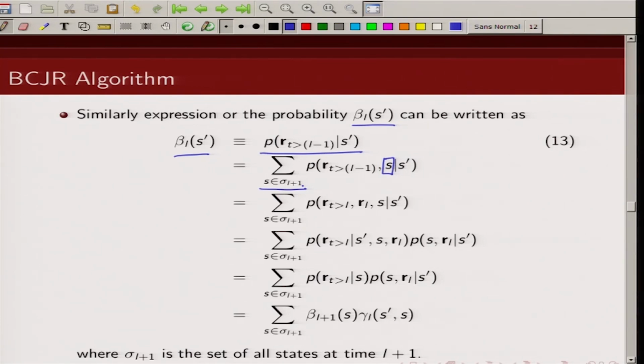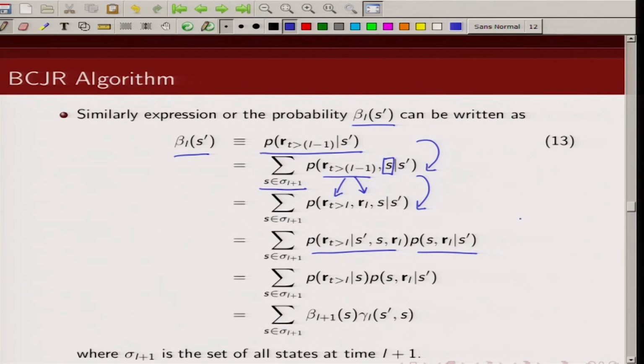So, then this becomes, from here we get this. Now, we split this r into these two terms. So, we get this expression. Now, using Bayes rule, I can separate out this term into two terms like this,